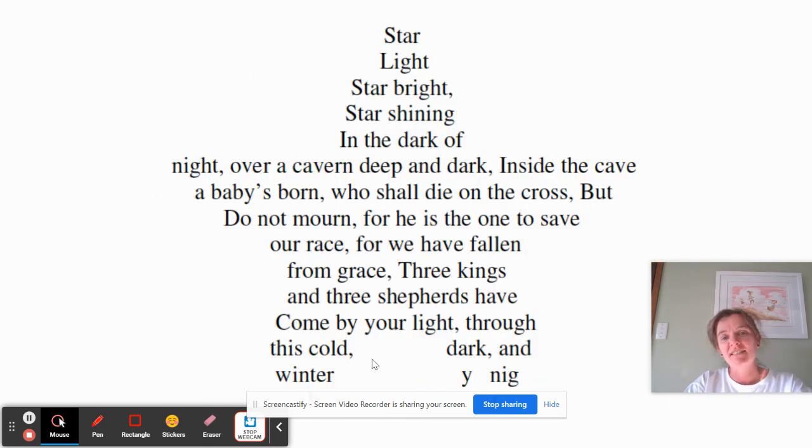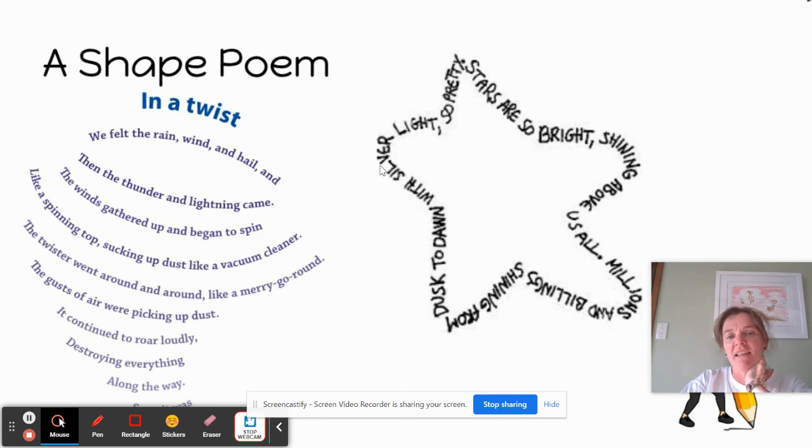This one's a star, and you can see they've talked all the words about stars. They've done some ideas and made it in the shape of a star. So if you were doing that one, you might like to draw the outline of a star very lightly in pencil. You can write your poem and then rub out the bit around the outside. That would be a cool way to do it. They've also done a twist, and you can see it looks like a tornado, which is a pretty cool shape poem as well. So they're your two jobs today, an acrostic poem and a shape poem. The slides will be on here, so you can work through the slides at your own pace, and we can't wait to see your work.